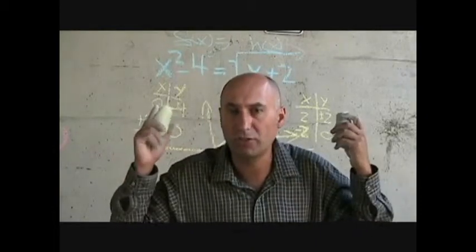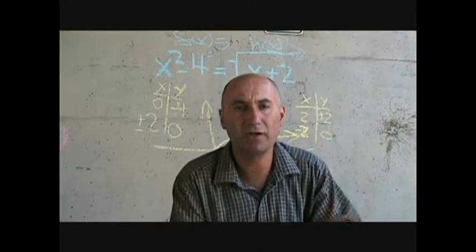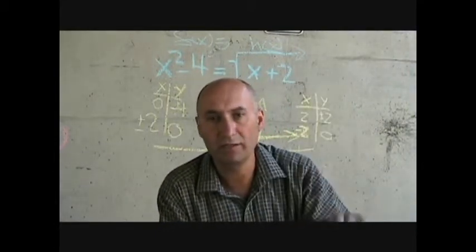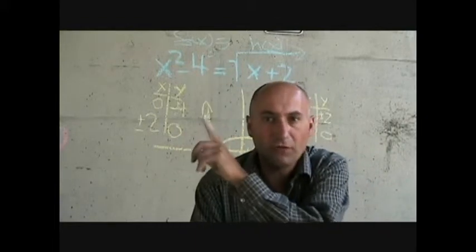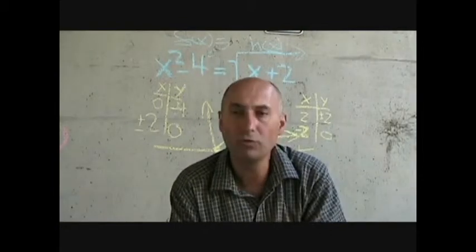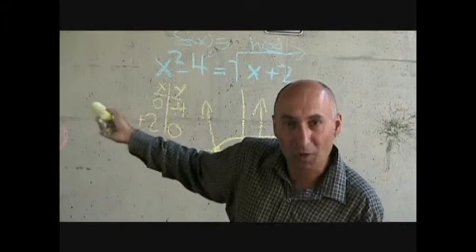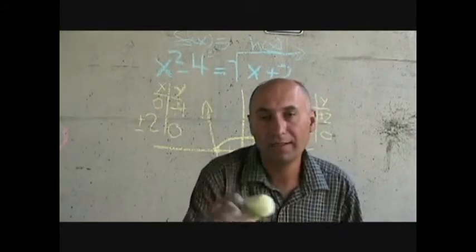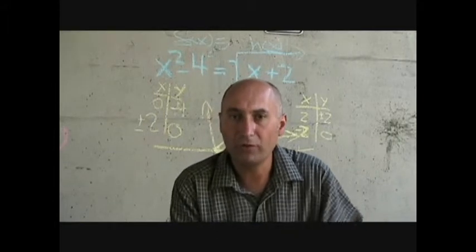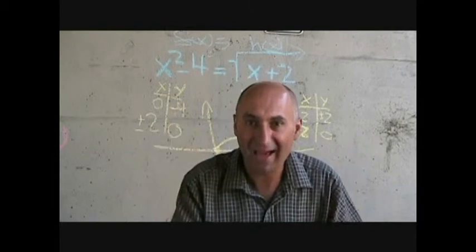You can punch this into your computer and graph one, graph the other, and grab the x-intercepts, right? And there's a lot of schools in my area anyway, they use the graphing calculators, and all you do, when they say solve for this, if they say you can't use a calculator, you got to do it manually, and we'll talk about that. If they don't say you can't use a calculator, all you do is punch that in as your y1, punch that in as your y2, let the computer, let the program, let the calculator graph it, and all you would do is just grab their intercepts, where they intercept each other,